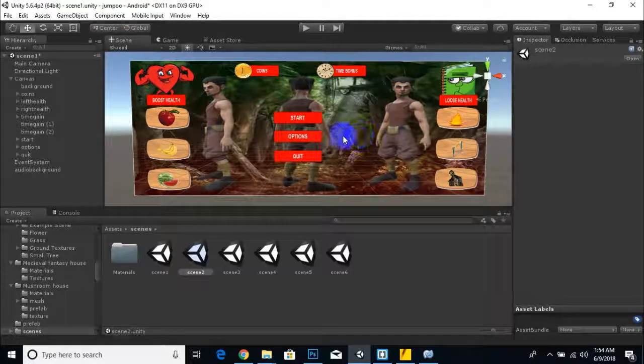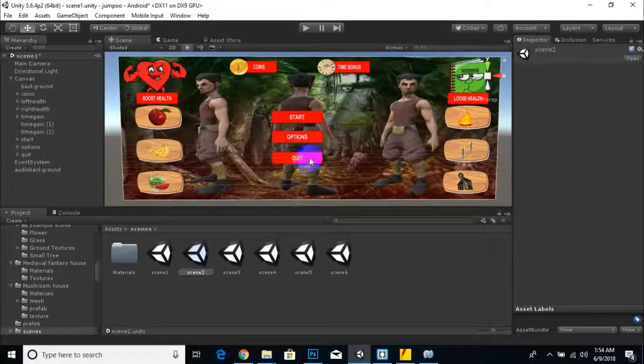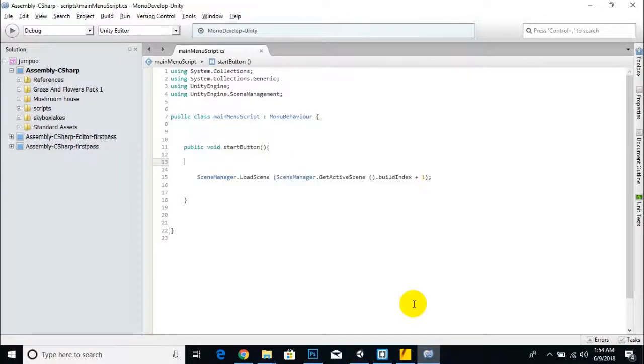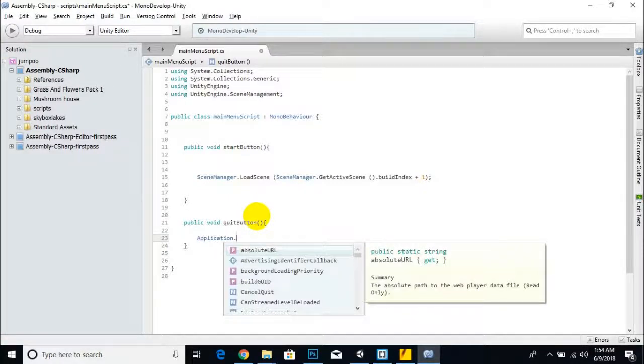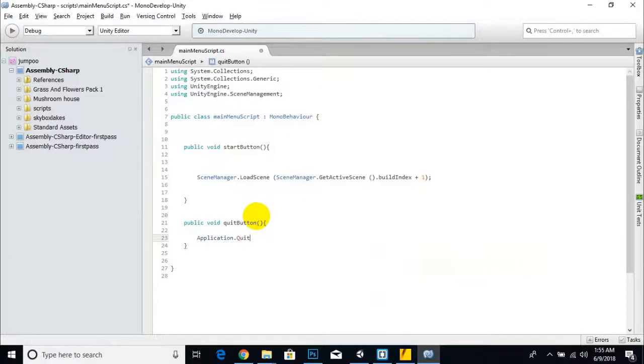So after this we will create one function, sorry, not script, function for this quit button. In the same script we can add it. So for the quit button we can do like this: public void quit button function, and then in curly braces we will say Application.Quit. This is a simple function for quitting our game, and it will not work in our case